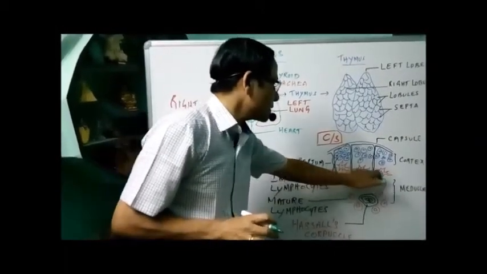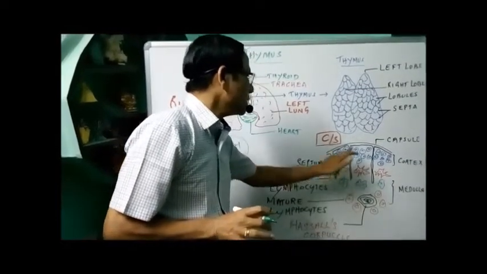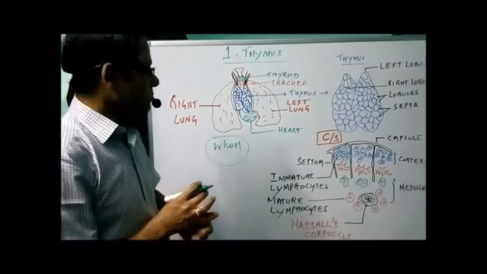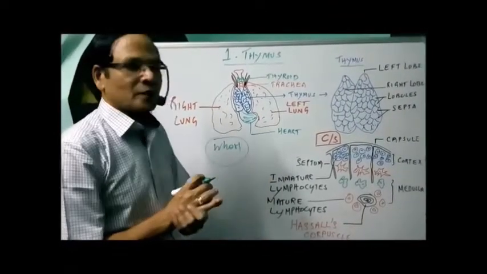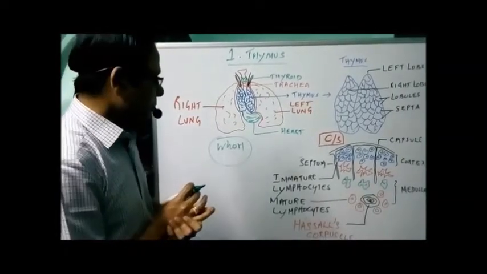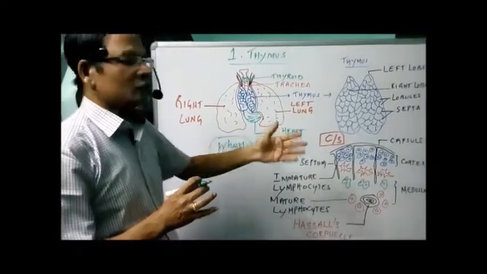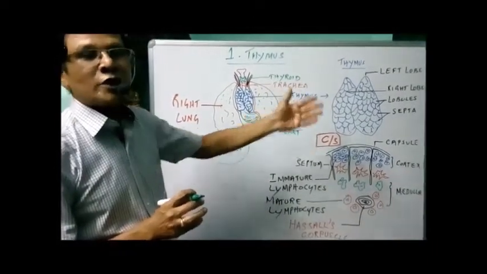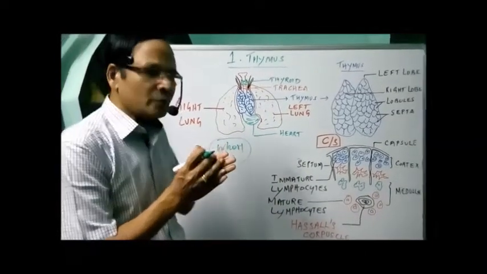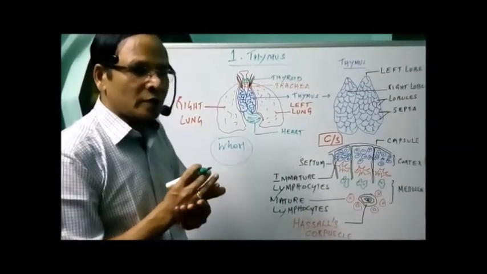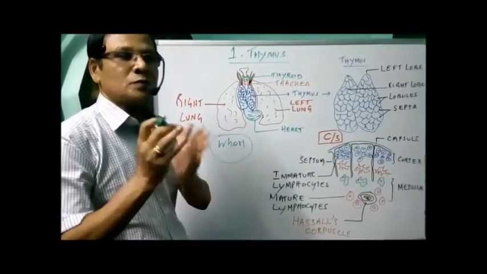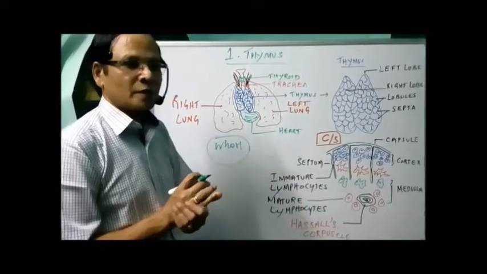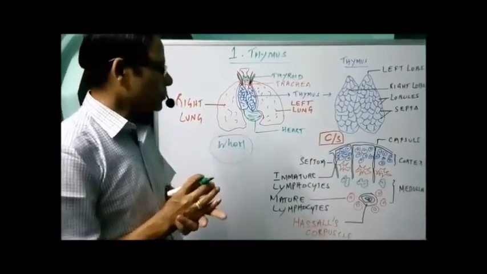Now this is what we have: the dendritic cells, and these are all the epithelial cells. We have what is called the mature and immature lymphocytes. So the thymocytes actually present here, I mentioned already. What will happen here? The cells undergo maturation here. Now the immature lymphocytes get educated so that they become immunocompetent, mounting immune resistance, able to fight against antigen. That's called immunocompetent. So they're educated in the thymus gland so that they become immunocompetent, able to fight with the